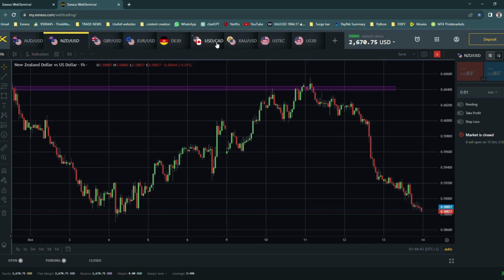Now let's look at lastly the New York session. The New York session always offers opportunity to anyone who is trading against the US dollar. So USD Canadian, USD JPY, and all the other currencies that are against it, which is the GBP USD and Euro USD, will be affected by whatever the market makes in the New York session. And remember, because of the dollar, everything gets affected on the markets.